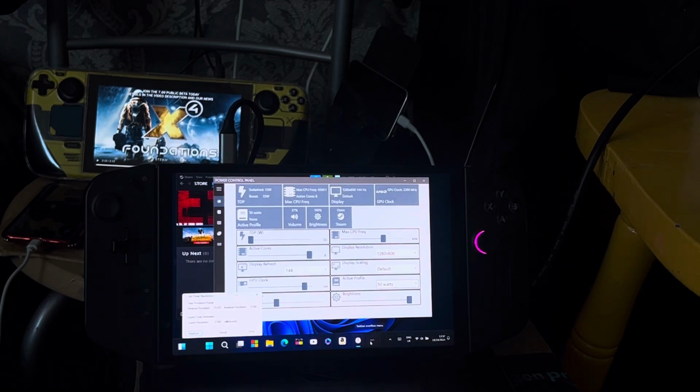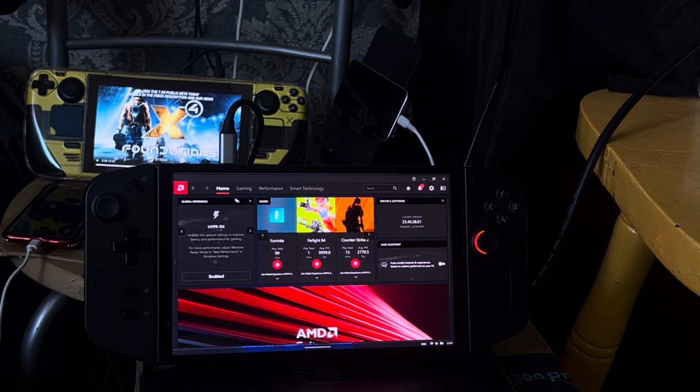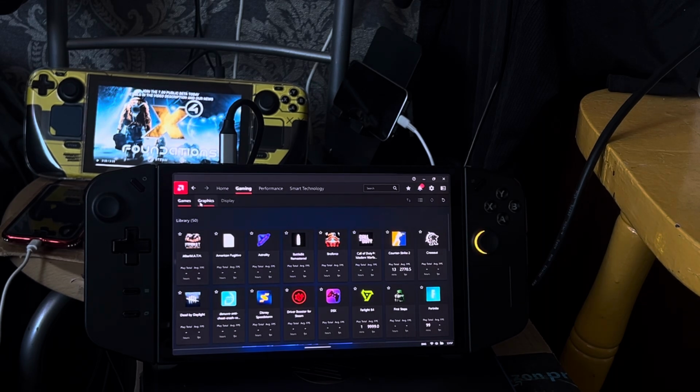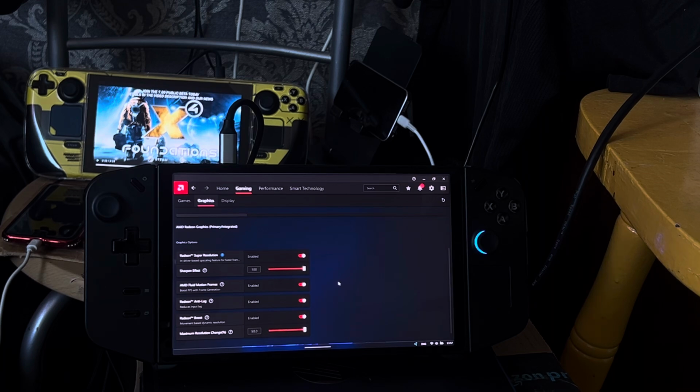Then last but not least, I need the Adrenalin software running as well. I mean, you guys don't need to use this. There's no reason for you to use this, but I use it because I like to see my FPS count on most games. When I go to graphics, I'm using Hyper RX. I use Radeon Super Resolution, Sharpen Effect,